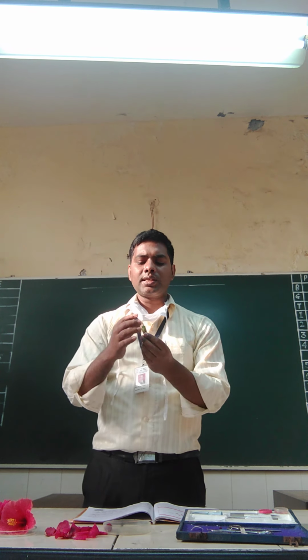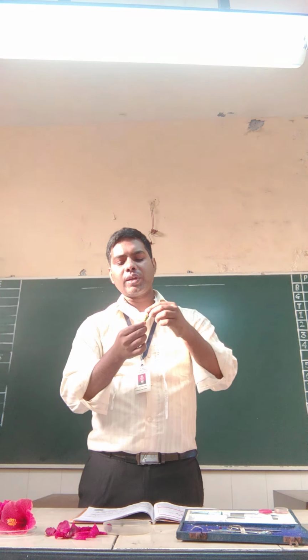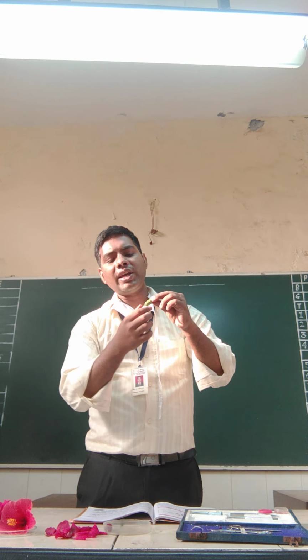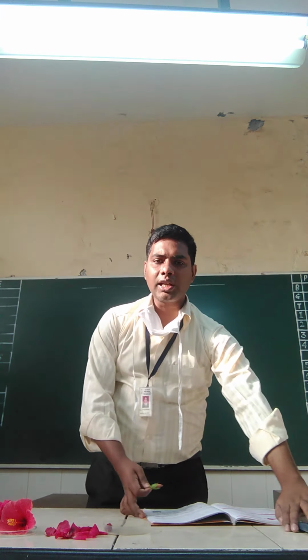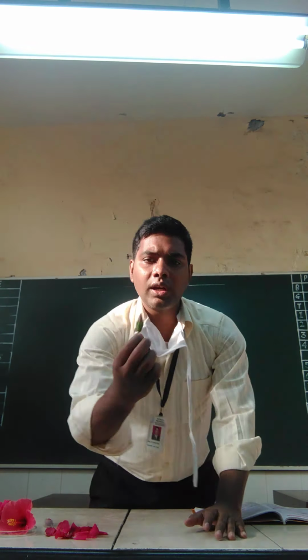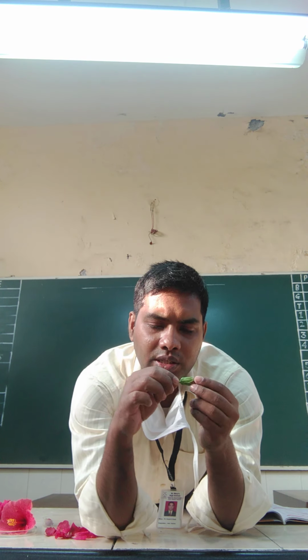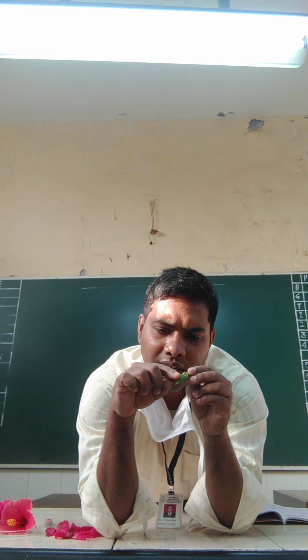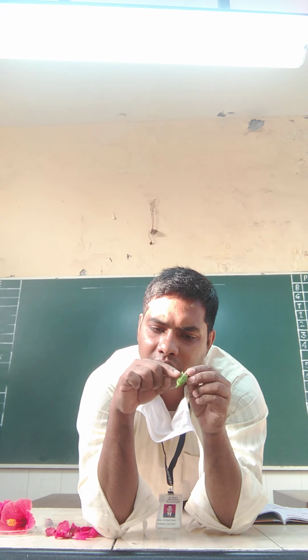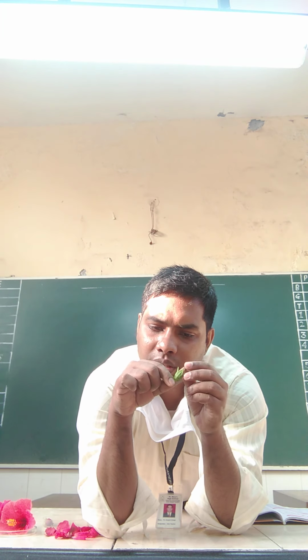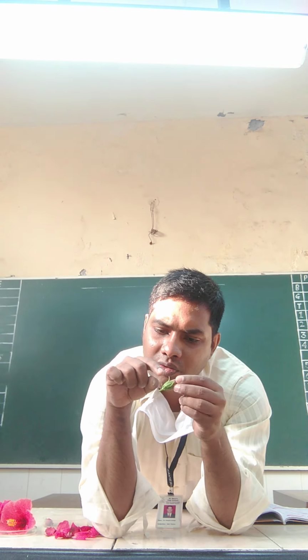When you see this in bud condition, you can see green color leaf-like structures. You can see, students. I'll just bring it a little closer to you. I'll try to show you more clearly. You can see two layers are there. One small layer and the other a little bigger layer. Even in green color, we have two layers, students. Is it visible to you, students? Say yes or no.